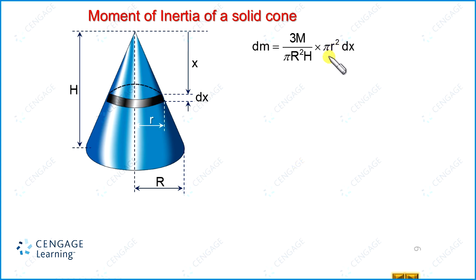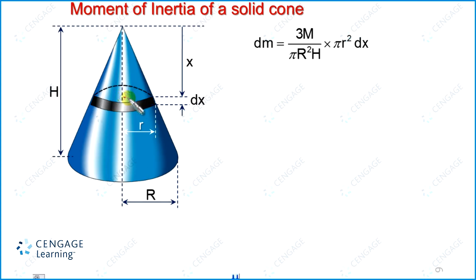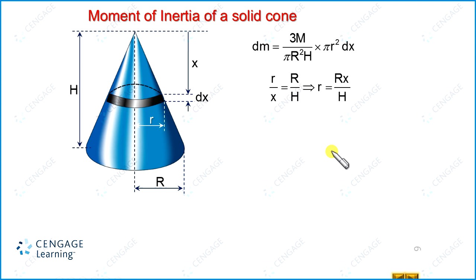Small r is the radius. As we discussed, we can calculate r by using the similar triangle property. So let us calculate this small r. We know this distance is small r, right? This angle, say theta. We can observe this is a right angle triangle, and this is again a right angle triangle having the common angle theta. So in these two triangles we can write small r divided by x equals capital R divided by h. So we get the value of small r, that is R x divided by h.